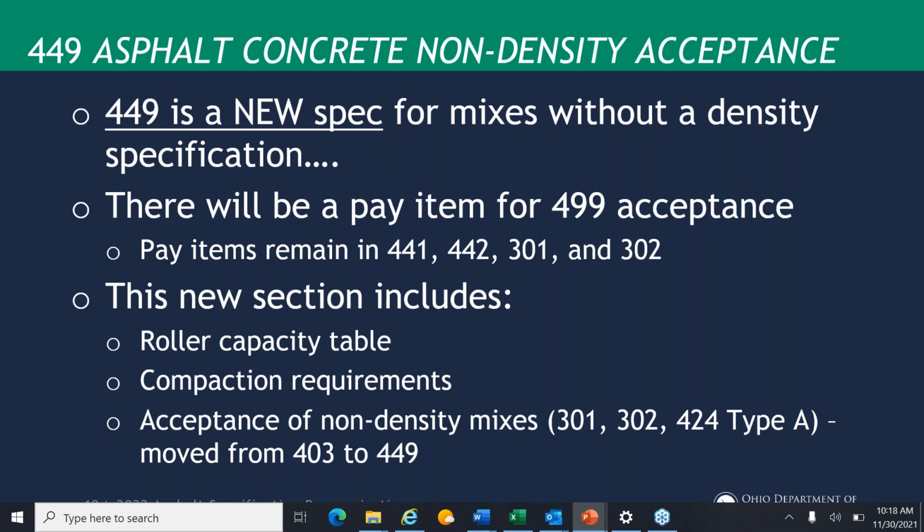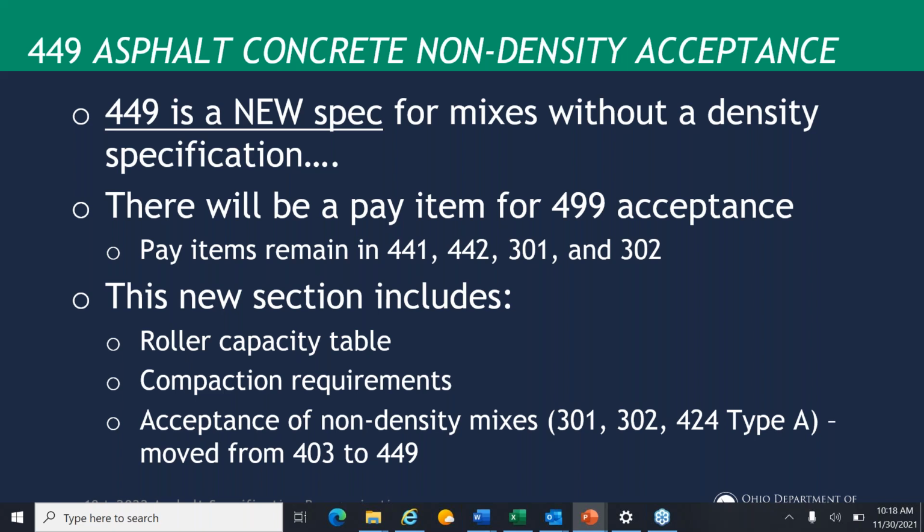So a little bit about 449. As previously mentioned, it is a new section. And as Dave pointed out, there will be new pay item extension codes. We're working on those currently. So like 448, 446, and 447 acceptance, there will be a 449 acceptance.